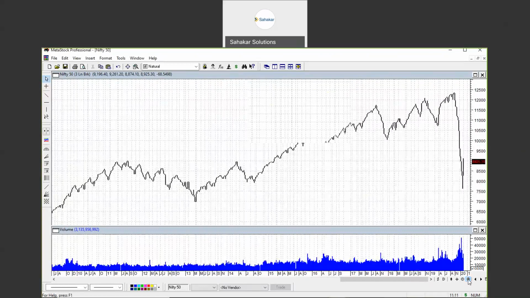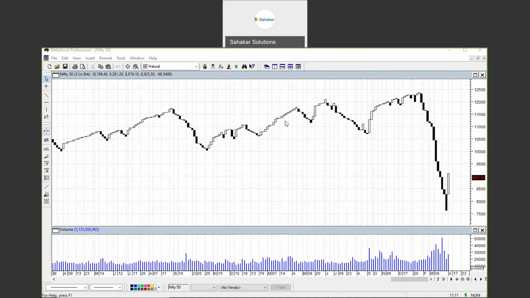You will also see that when the trend changes, the color of the chart also changes from black to white and white to black, and so on and so forth. The construction of the chart is also different from the traditional ones. The price is plotted only when a certain percentage of change in price takes place, which is evident. You can very easily see when the trend has changed, and it can be identified without resorting to other methods or additional confirmations. Here in three line break, we will see other kinds of special charts.